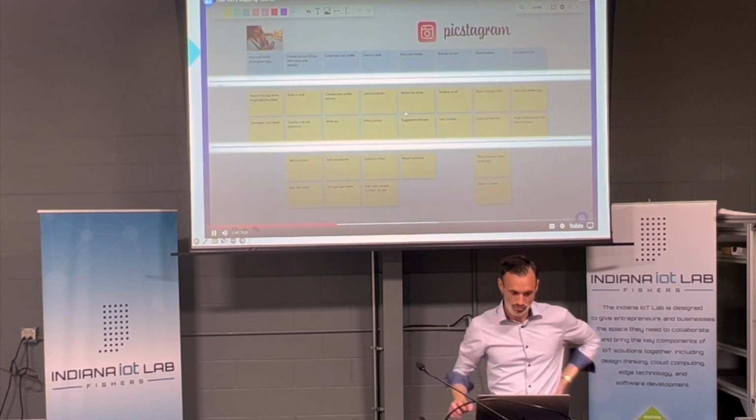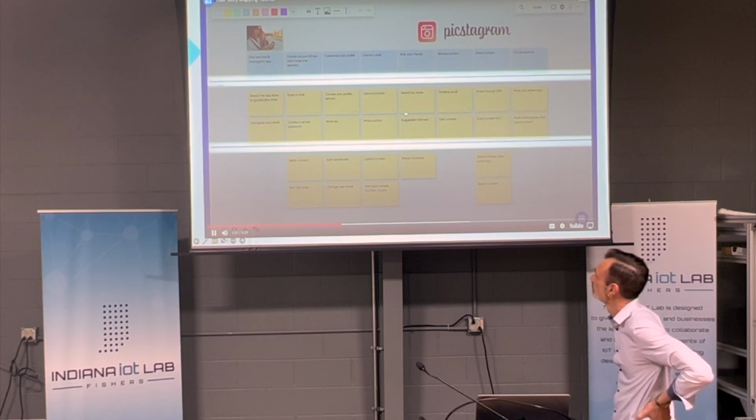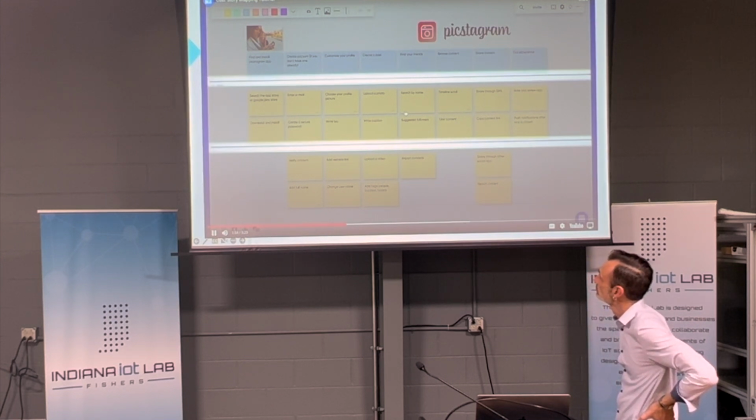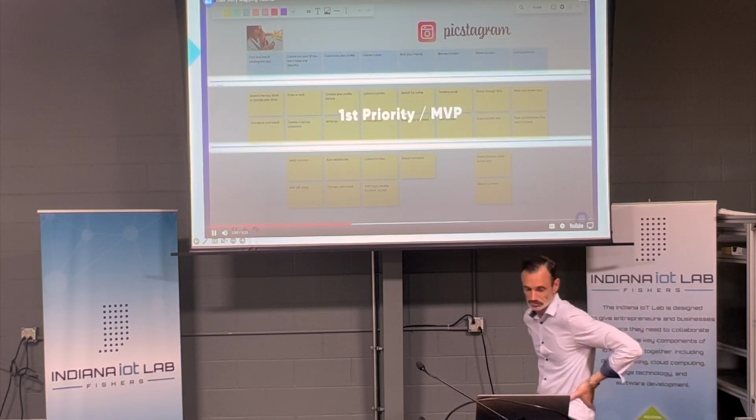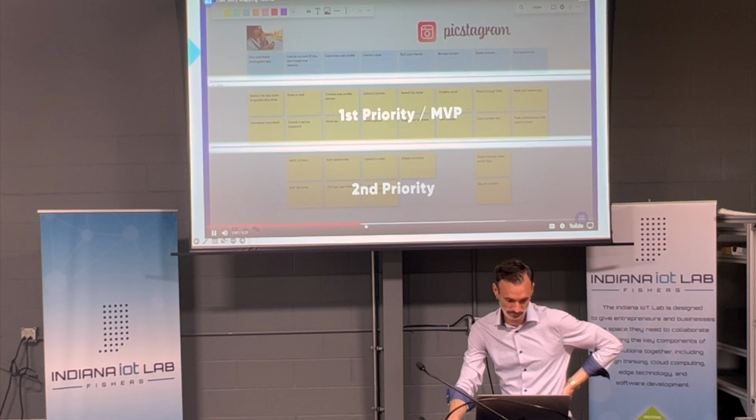The horizontal lines represent slices or swim lanes through the map. These allow us to make priority decisions by grouping tasks working toward a specific outcome. The first swim lane represents your highest priority and is what you will build first. Additional swim lanes below this will represent new priorities or outcomes that you want to target that will build upon the first.